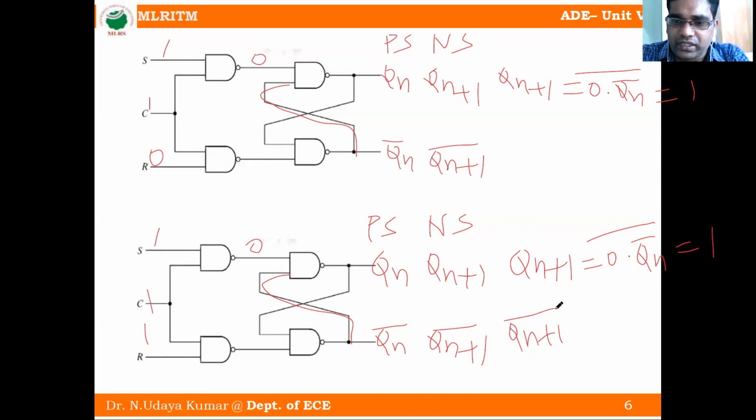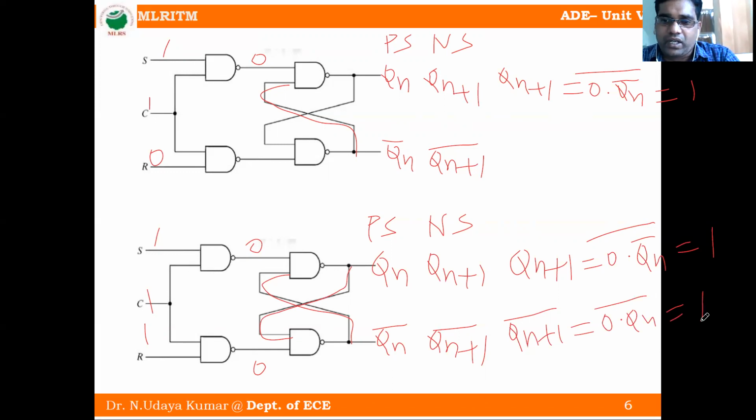Next we will find the Qn plus 1 complement of the next state. Here R is equal to 1. So 1 into 1, clock is equal to 1, means 1. 1 complement is equal to 0. So one input given to the NAND gate is 0. The other input is Qn, it is feedback. So 0 into Qn whole bar. 0 into Qn means 0, 0 whole bar is equal to 1.